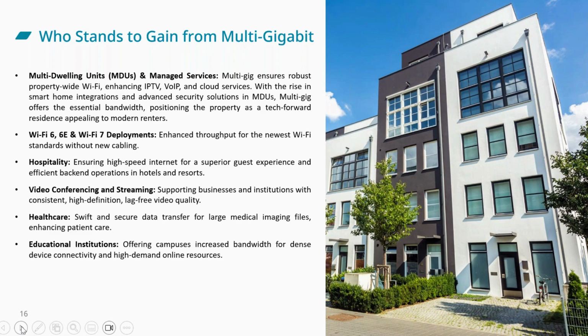Obviously, as I keep hammering here, with Wi-Fi 6, Wi-Fi 6E, and Wi-Fi 7 deployments, the access points are just getting faster. So, we certainly want to try to take advantage of that. End user devices are getting faster, applications are getting richer and more data hungry, so they need additional bandwidth. Some of the verticals that we're obviously targeting with multi-gigabit is hospitality, very similar to MDUs, but offering high-speed internet and a superior guest experience,